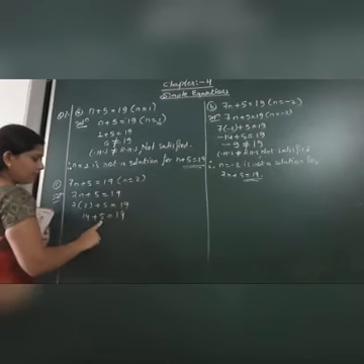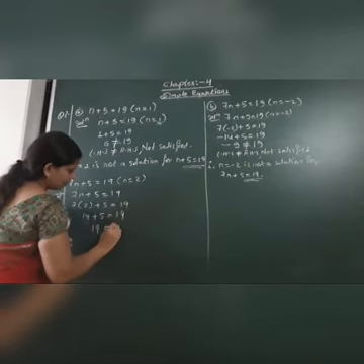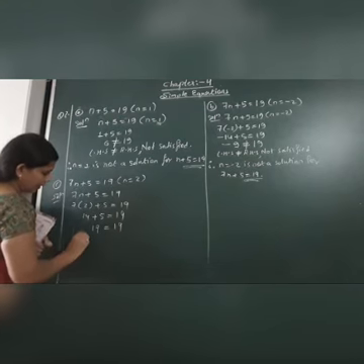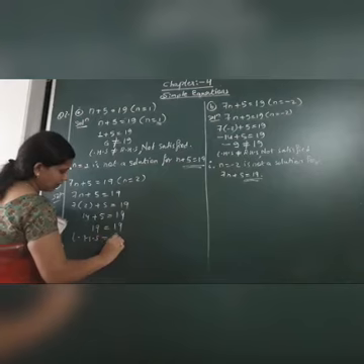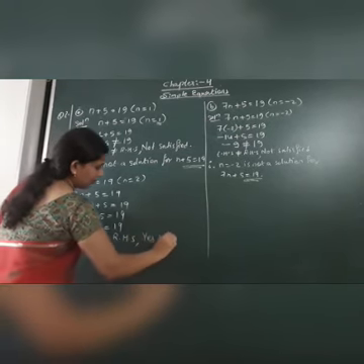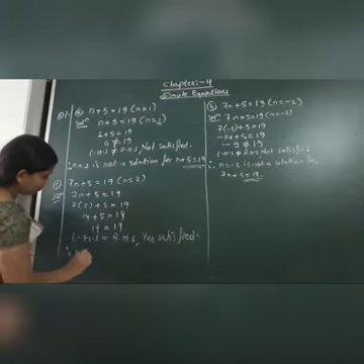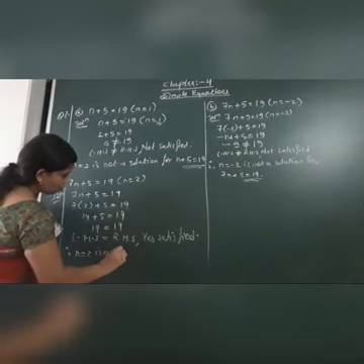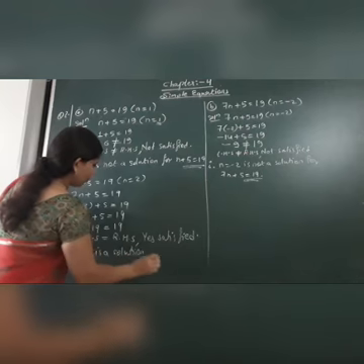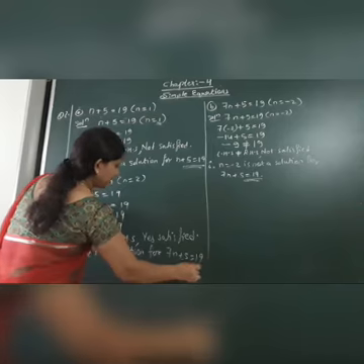Now 14 plus 5 is 19, is equal to 19. 19 is equal to 19. So LHS, you can see here LHS is equal to RHS. Hence it is satisfied, isn't it? If it is satisfied, therefore n is equal to 2 is a solution for the equation 7n plus 5 is equal to 19.